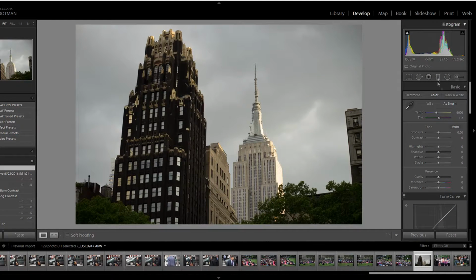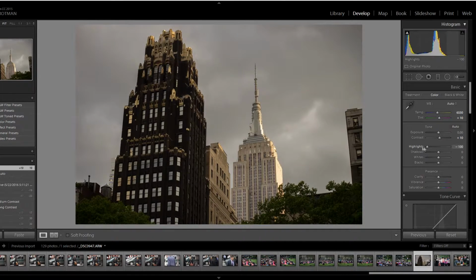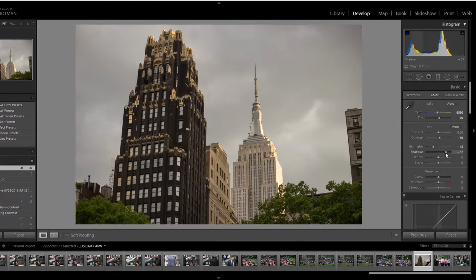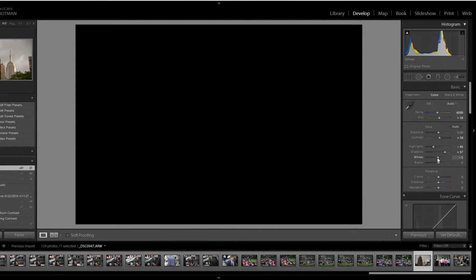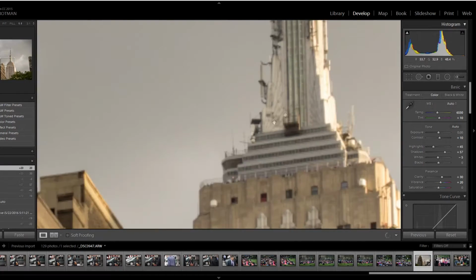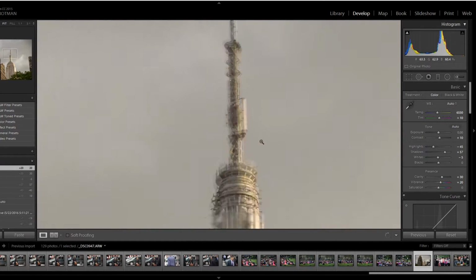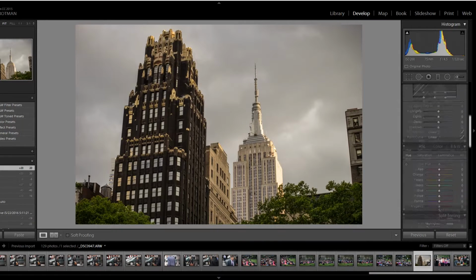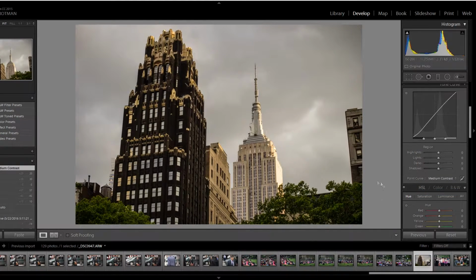Right off the bat, looking at this image, there's really just one thing I want to do, and that's get those clouds to pop. And I really got to play with my highlights to do that, and you can see it is not working. And the thing about Lightroom, I find, is it's not the best for playing around with stuff like this. It's got to be really dramatic clouds. I got to get this into Photoshop to really